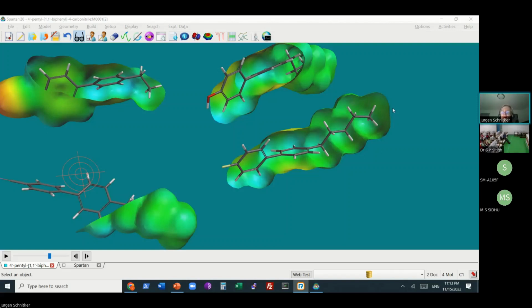By going to advanced correlated methods you can always get a better result, but the computation time becomes astronomical, because the scaling behavior of these really fancy methods is horrible.